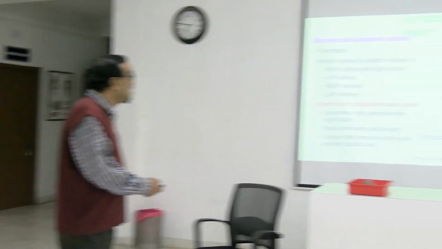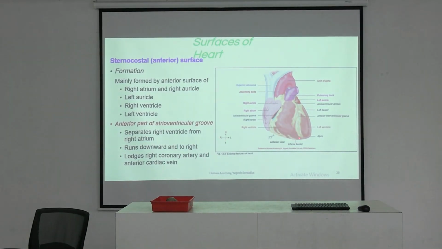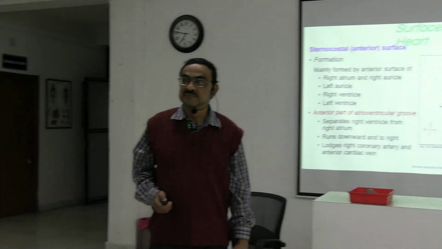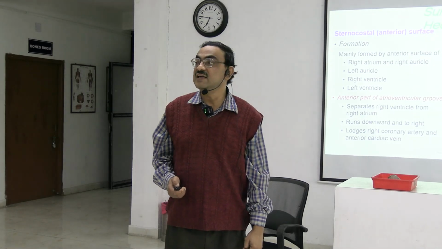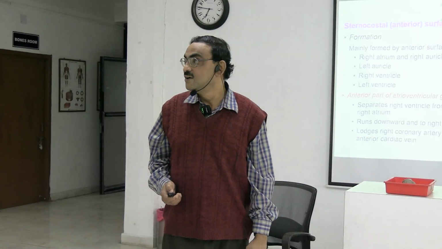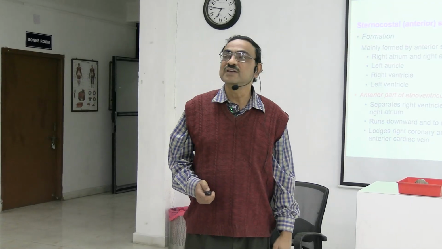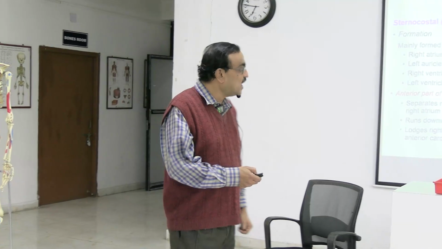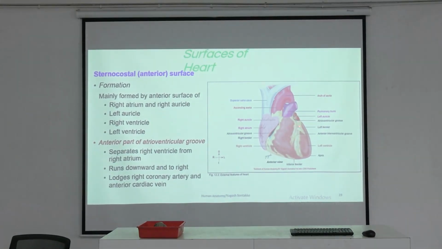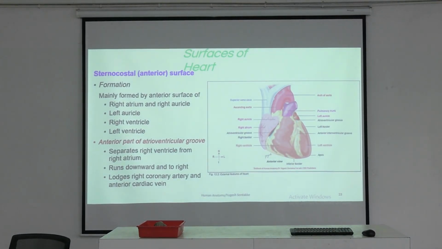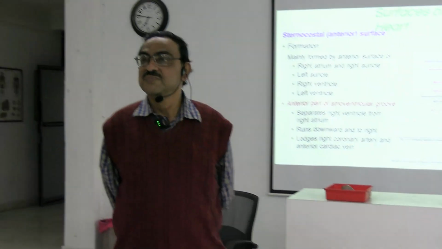Among them, this artery which is traveling in this groove in between the right and left ventricle is called the anterior interventricular branch, or cardiac surgeons and interventional cardiologists call it LAD, left anterior descending. Left anterior descending. We can see the image of the artery. That is the left anterior descending artery, LAD,